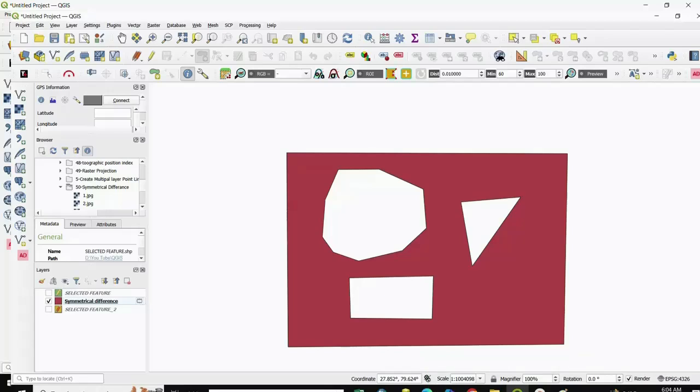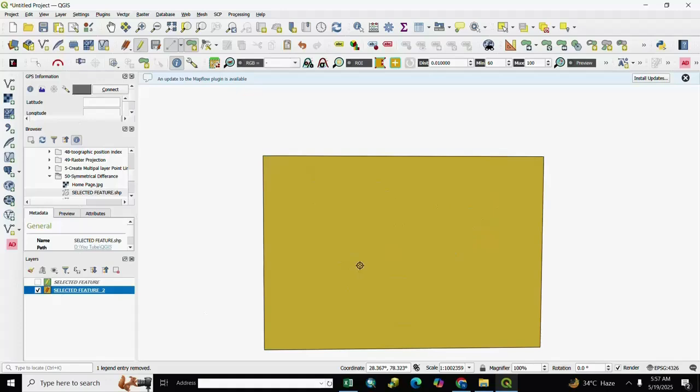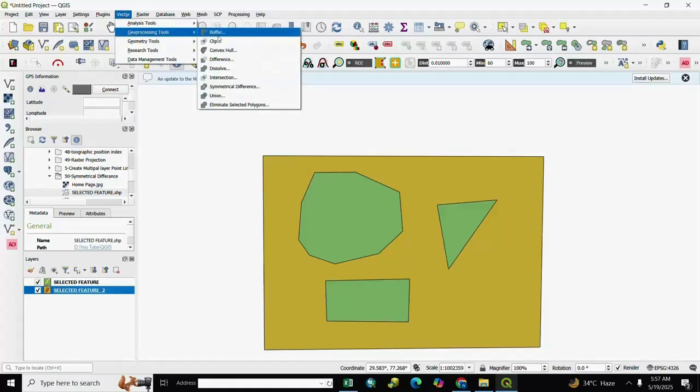So let's start. Here is our area, A area, and here is B area, and this is the difference between A and B. For symmetrical difference, we go to Vector, and go to Geoprocessing Tools, and we select Symmetrical Difference.